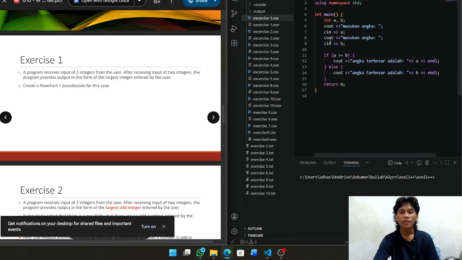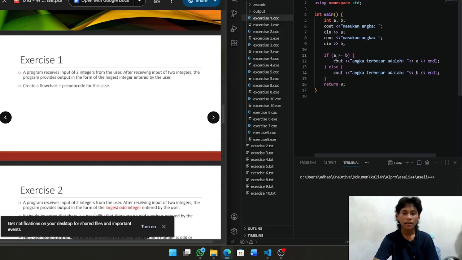Then in the eighth line we print out "masukkan angka" again, and after that we input the b value. Then we use an if statement.